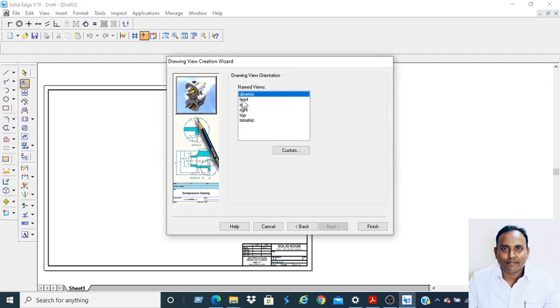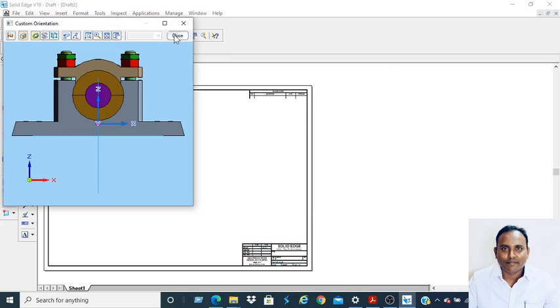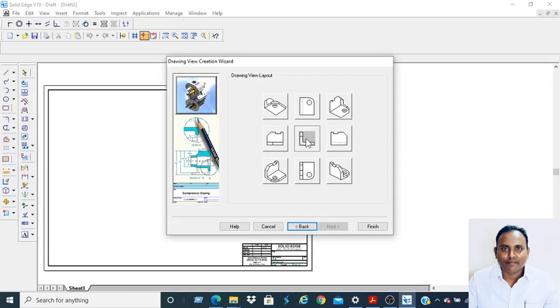Next select the front view, customize, this view is our front view, close. Now front view, top view, left view and isometric view, finish.